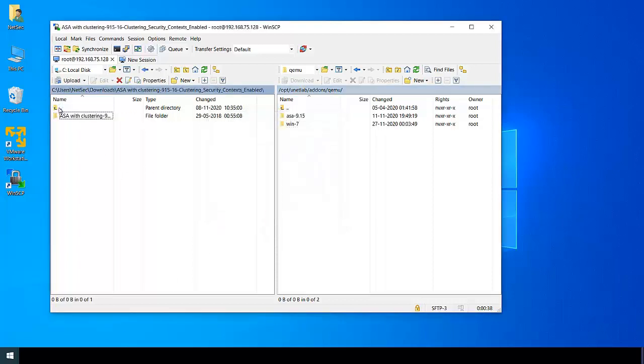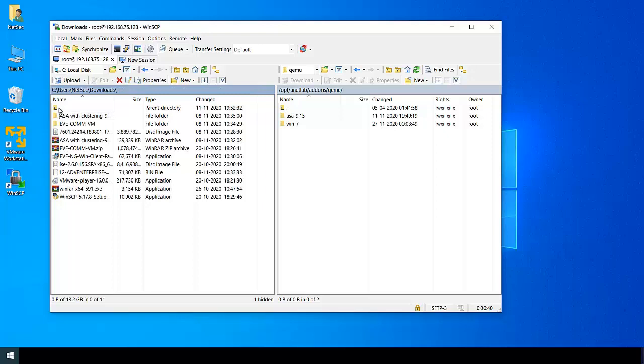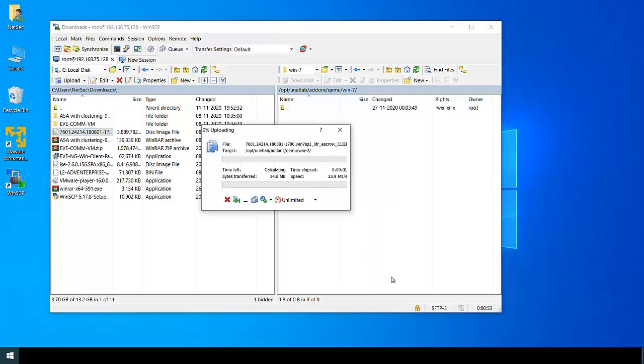Done. Copy the ISO image of Windows 7 into that directory. You have to rename it into cd-rom.iso.